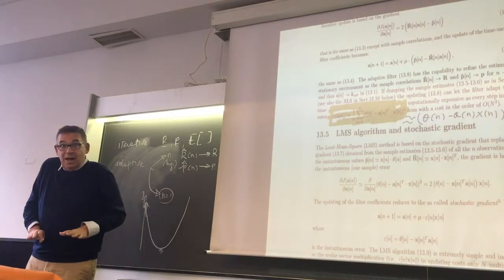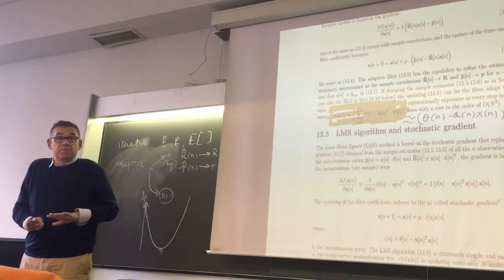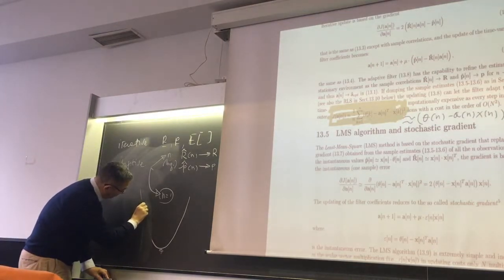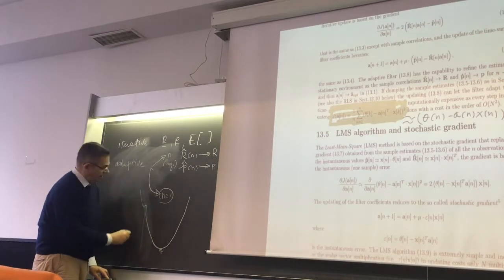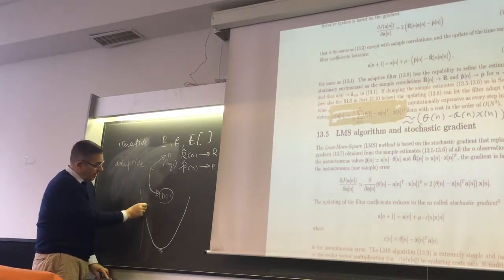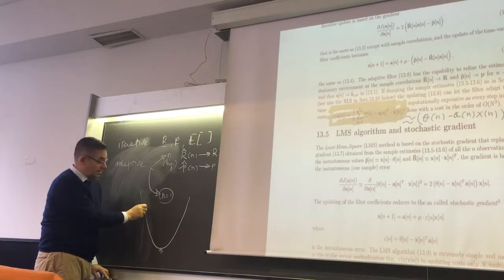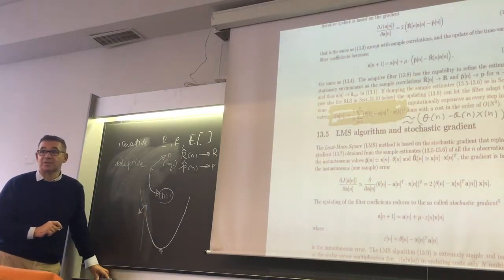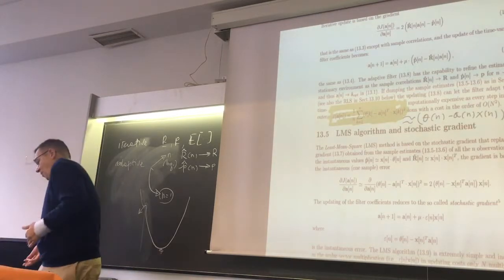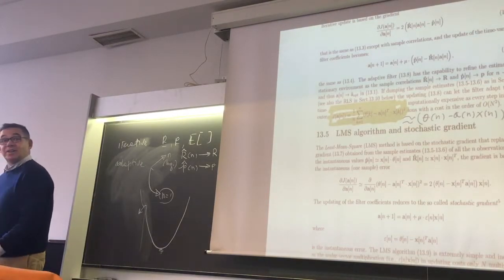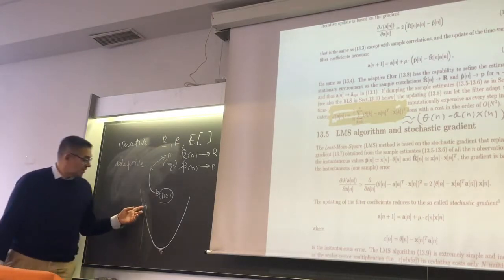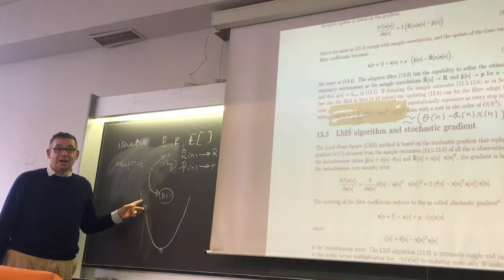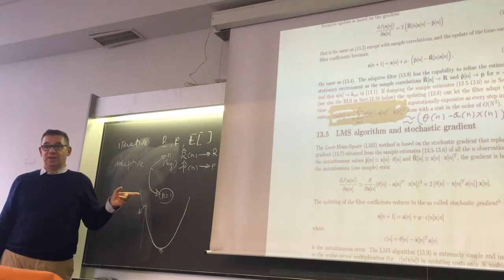I'm skiing, I am on a stone, which means I am here. This is the stone, and I'm calculating the instantaneous gradient. What if the instantaneous gradient points me in that direction? I move my ski and then I go there. Now I'm not going to the bar, I'm going to another place. How do you compensate for that?